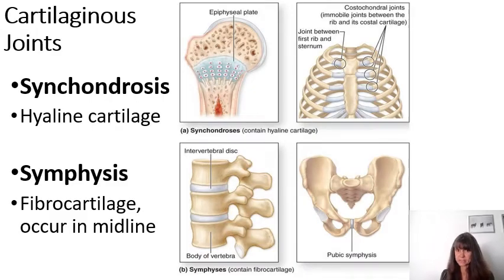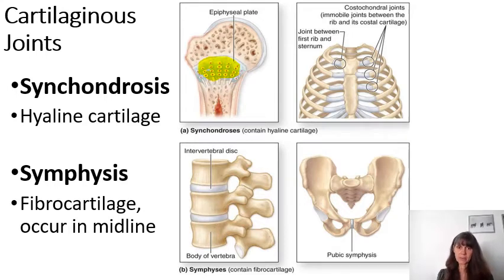There are 2 subcategories of cartilaginous joints. We have a cartilaginous synchondrosis, which is a joint that's held together by hyaline cartilage, and we have the cartilaginous symphysis, which is a joint held together by fibrocartilage. In the top two pictures, we see examples of cartilaginous synchondroses. The first one on the left is a temporary cartilaginous synchondrosis that is formed by the epiphyseal plate holding two